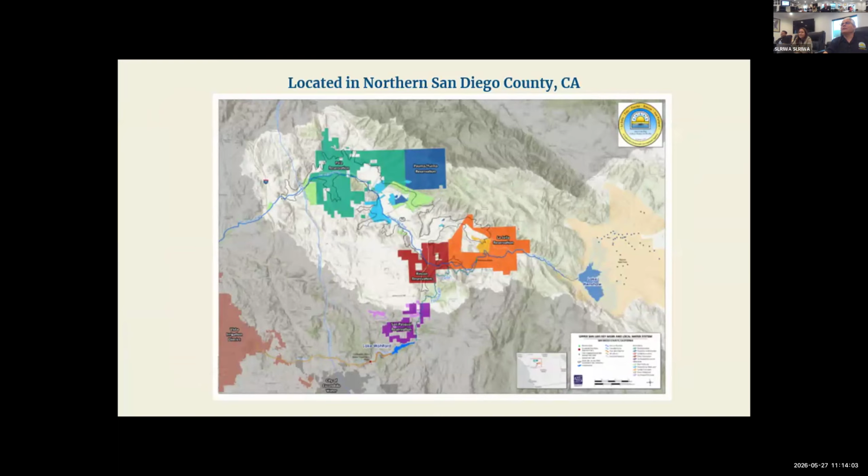All right, so you'll see a map. I know it's a little bit hard to read, but we're located in northern San Diego County, and our office is housed on the Pala Reservation. This map shows the close vicinity of the 5 member tribes in relation to the release of water from Lake Henshaw. It's the water body all the way to the right of the screen. And as a result of the settlement, in addition to selling 16,000 acre feet of supplemental water to Vista and Escondido,